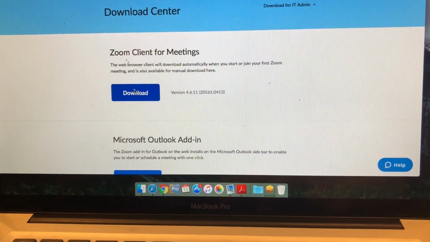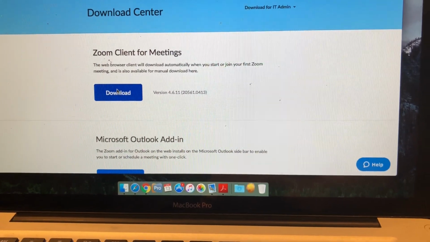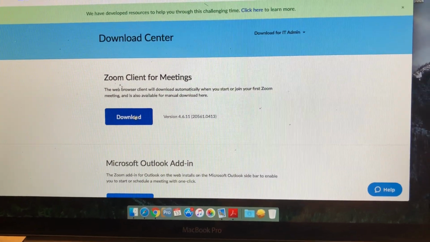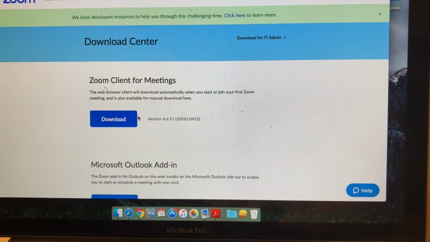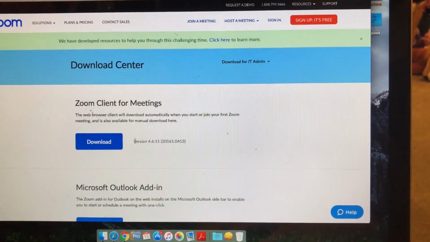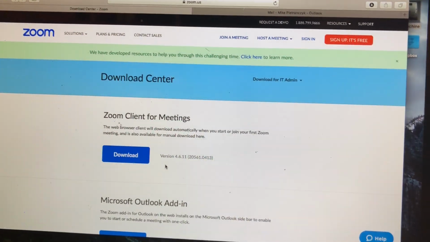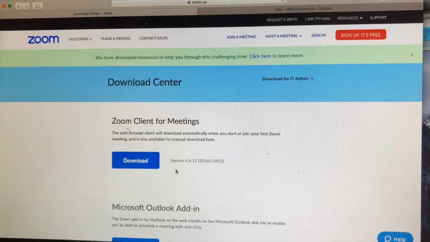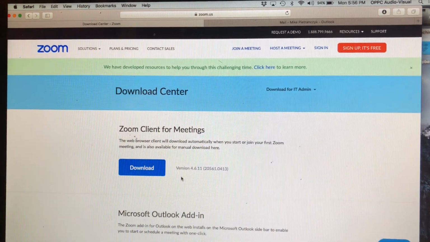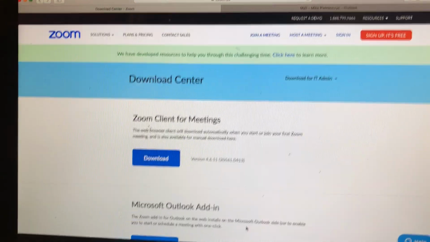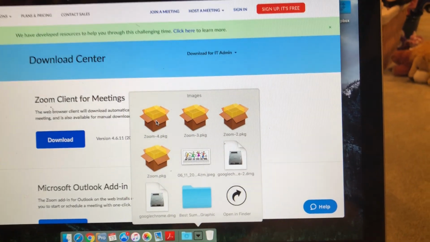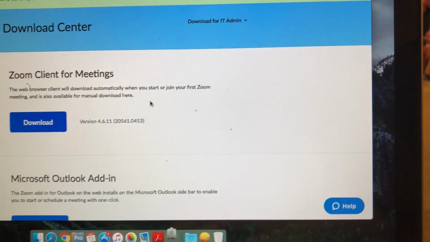So hit download. Now I have a particularly fast internet connection, so it popped in really quickly. But the application will download to your machine, and it will go to whatever folder you have your downloads set to go. On my machine, I have all my downloads go to a particular folder I have set up down here. If you're on a PC, you may have your downloads from the internet set to go somewhere else. But anyway, wherever it went, it's going to end up somewhere on your machine, and it's going to be called Zoom, and it's going to be an installation